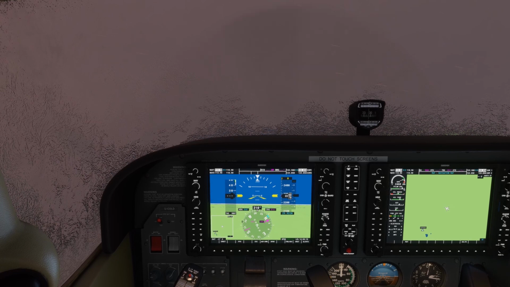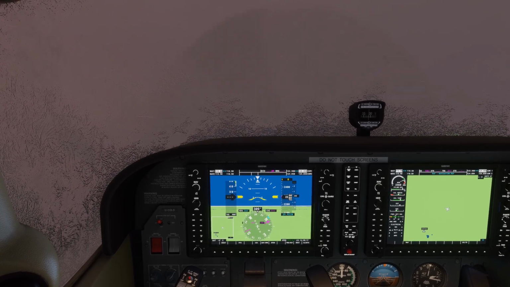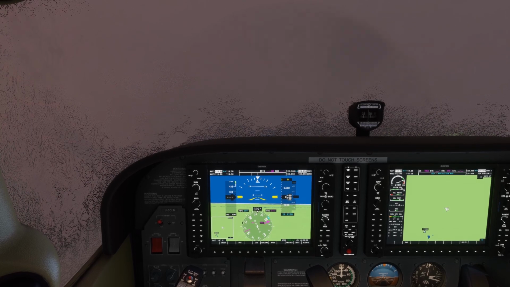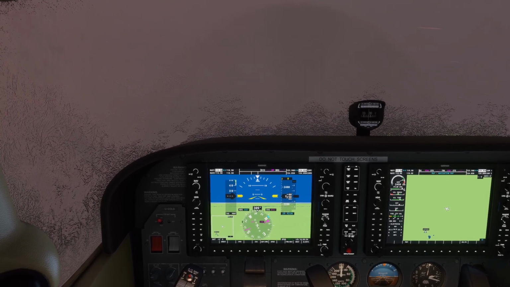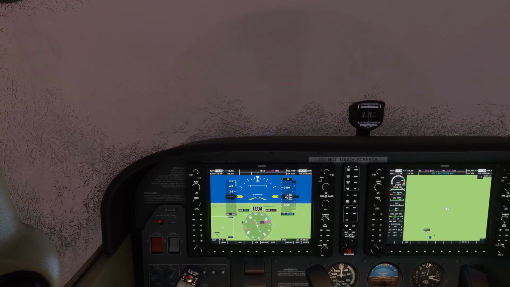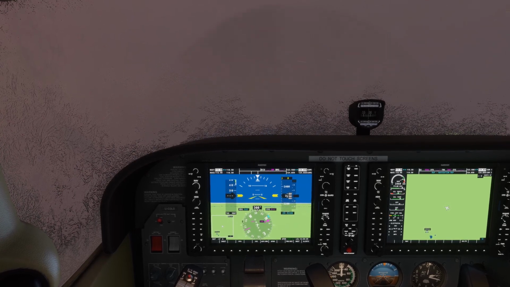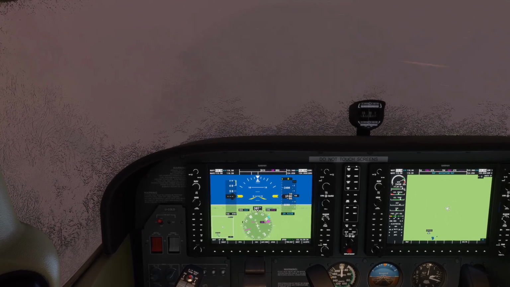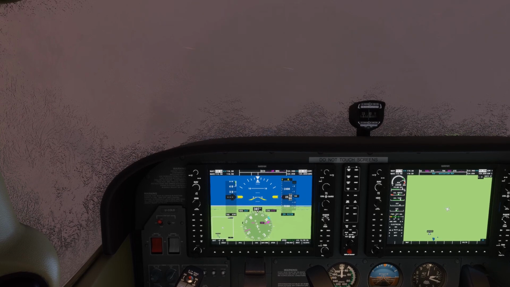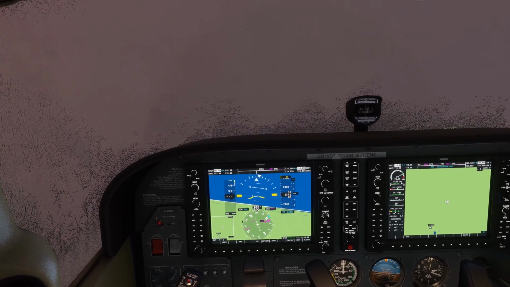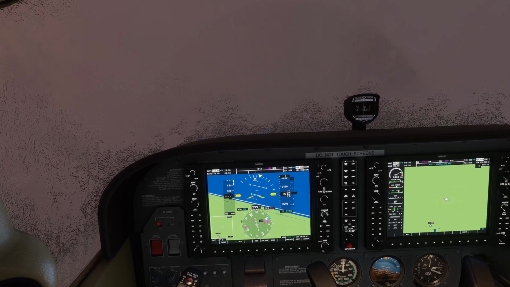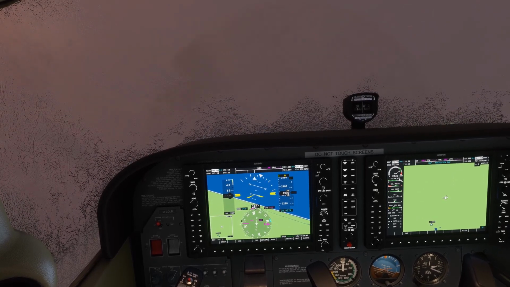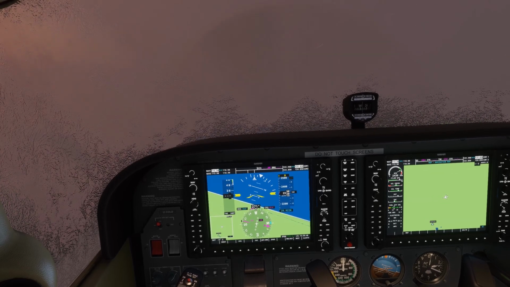The only difference, obviously, in the sim, is that this has a limit. It will not go on forever. Because I'm pretty sure in real life, with those temperatures and that much ice on the airframe, I would probably be very close to losing control of the aircraft and starting to stall. Here I'm struggling, but still perfectly fine. I can fly turns if I'm not increasing the load factor too much. I'm just perfectly okay. So this definitely in real life,